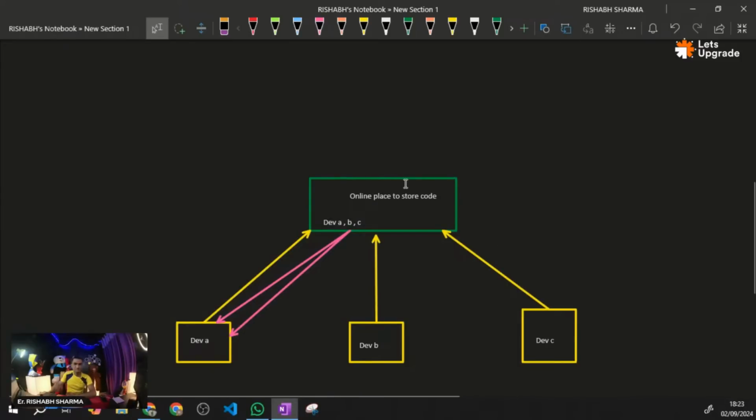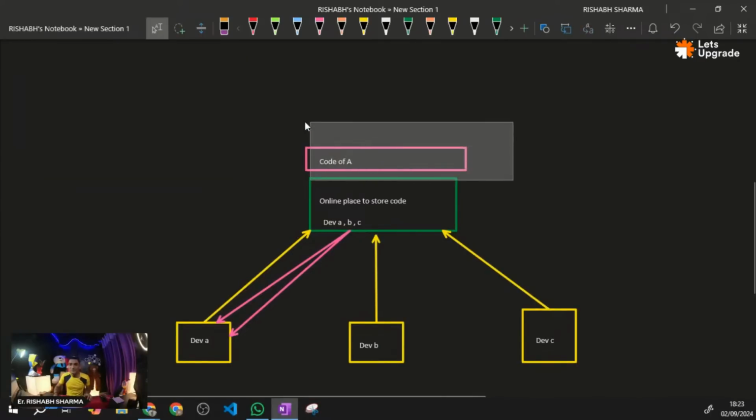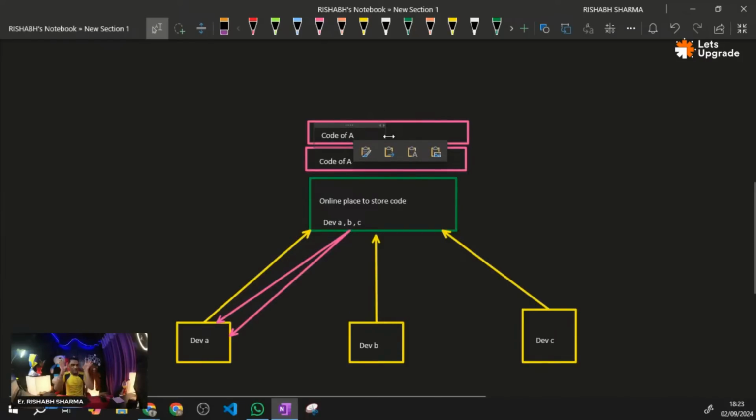Now see. Suppose a code is being pushed by developer A. What will happen when A pushes a code? A copy will get created, say the code of A. Now suppose developer B has uploaded its code.